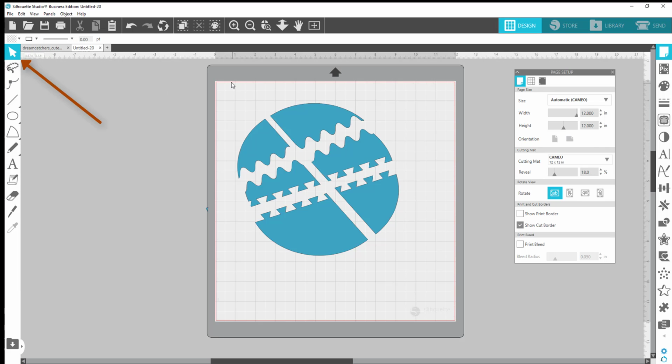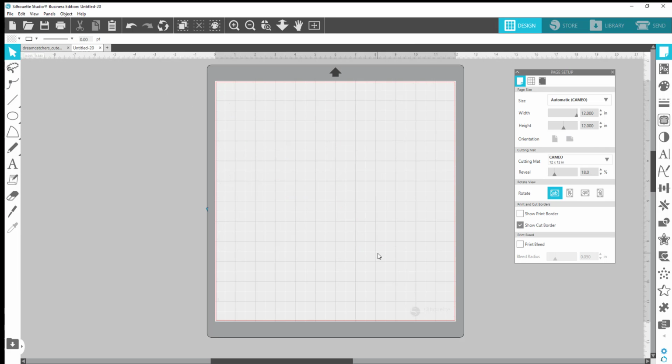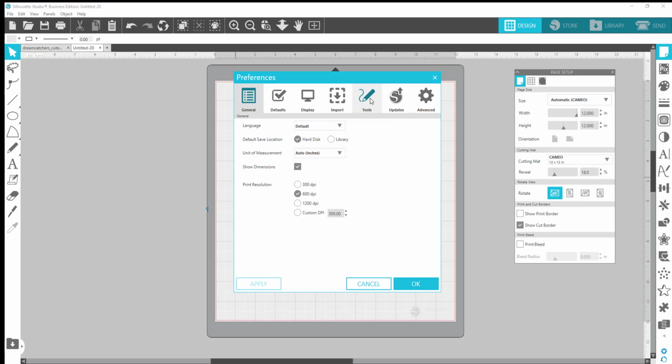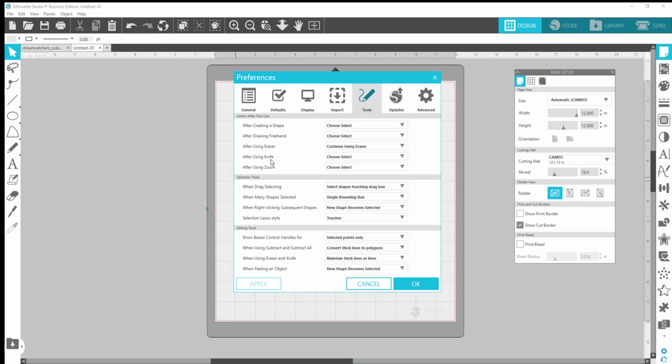So just let me quickly show you what it would be like if I didn't have it going back to the select tool. I need to come back up here one more time to edit, preferences. I go to tools, and if I change the knife tool so that it stays at the knife tool, continue using the knife tool,